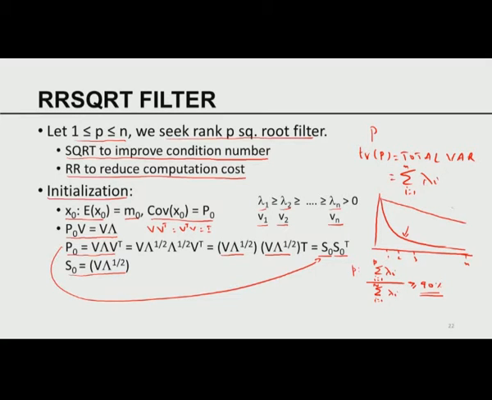Now if on the other hand the eigenvalues decay very slowly, what does it mean? You may have to have the entire eigenvalue system. The P may be very close to n. So this case is 1, that case is 2, I am considering case 1. In case 2 you may not be able to reduce the rank by simply chopping off the last one, because even the last eigenvalue may be very large. So it all depends on the intrinsic properties of the eigensystem of the associated covariance matrices.